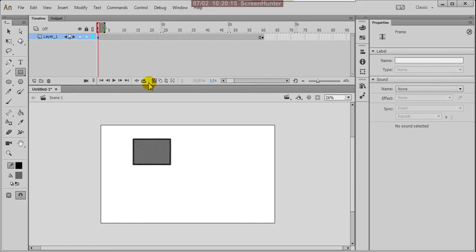About this onion skin, I'll explain clearly. This is onion skin in outlines. So this is edit multiple frames. Multiple frames you can edit. And this is modify markers. Markers are nothing but these. It can include your action or exclude. More clearly, I'll explain when you add frames and animation, then only you'll understand clearly.